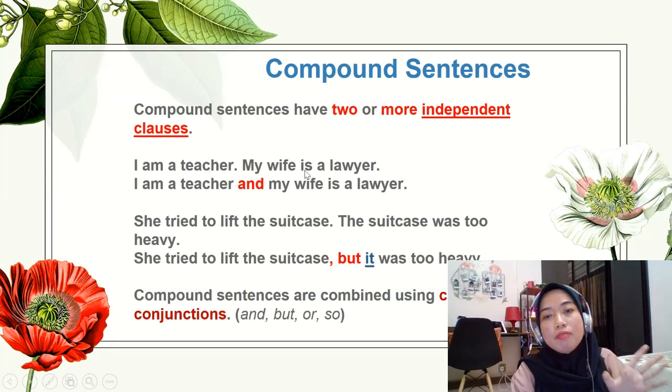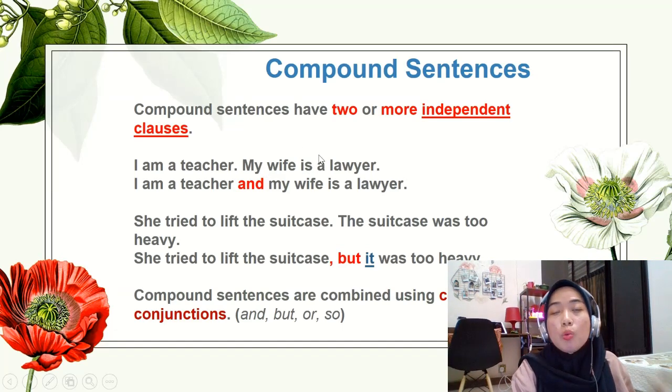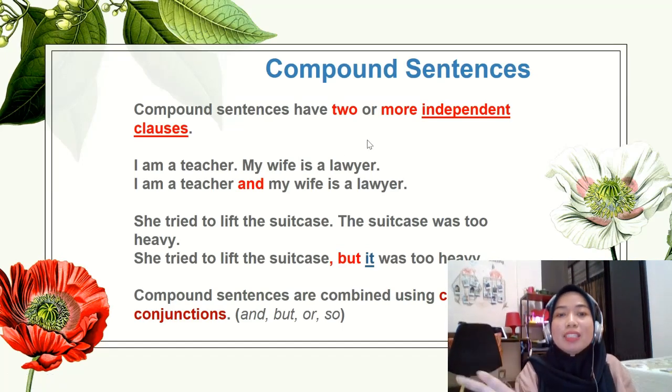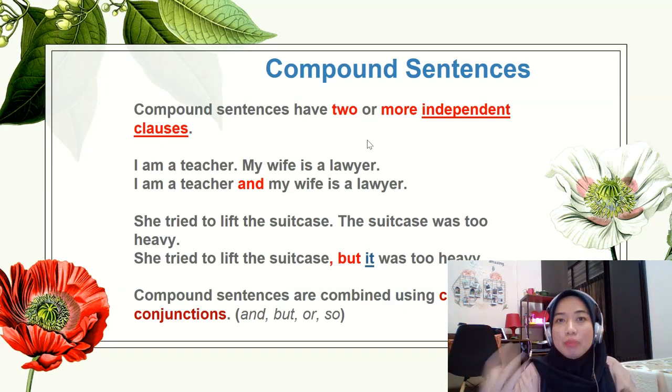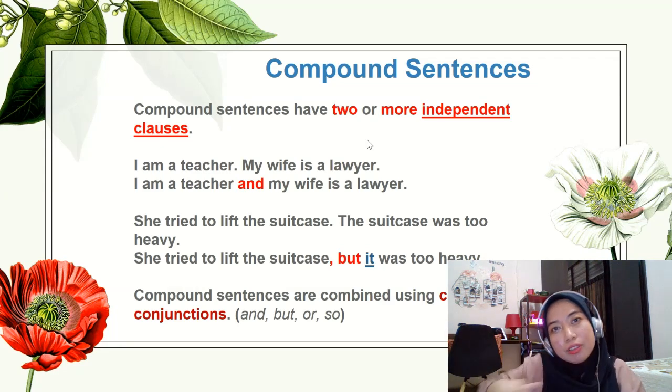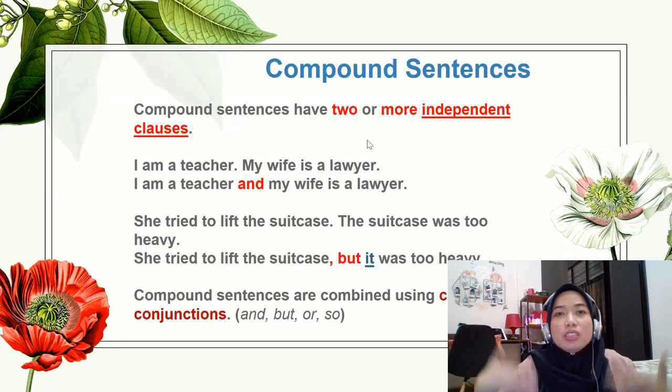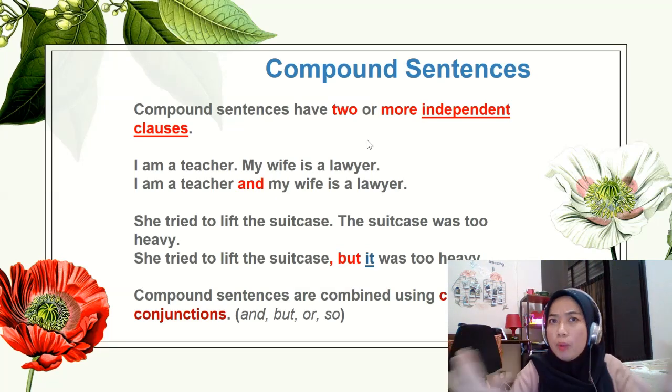What about "my wife is a lawyer"? Where is the subject? "My wife." Where's the verb? "Is." What is the idea of this sentence? "A lawyer." So basically, these two are independent clauses. But if you want to become creative, and if you keep on doing just simple sentences, it means that your level is just primary school kids. Okay? Primary level. So you need to step up your game and try to show, no, I'm not